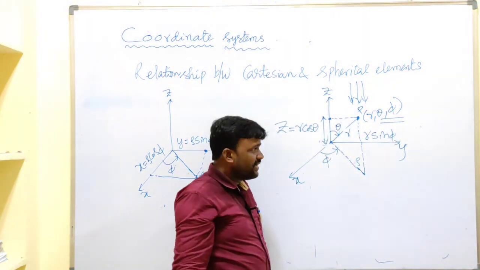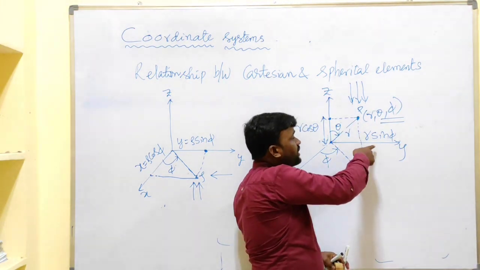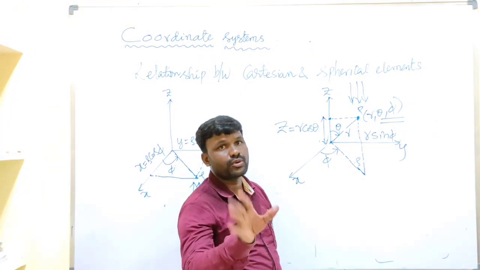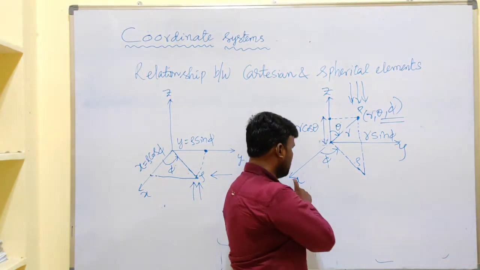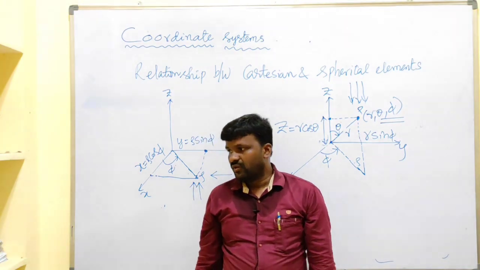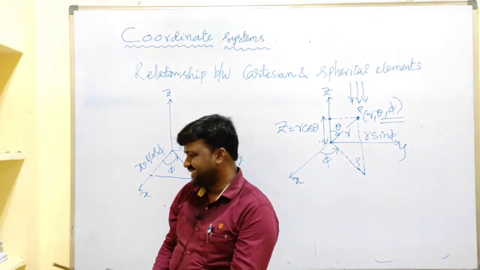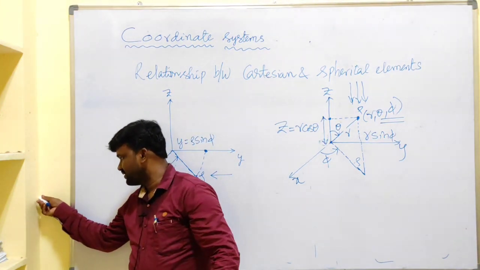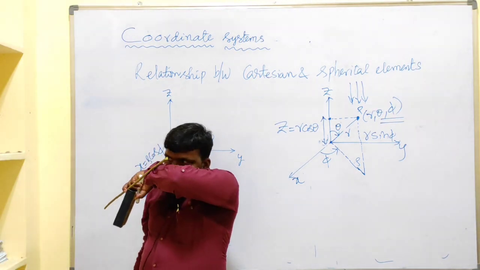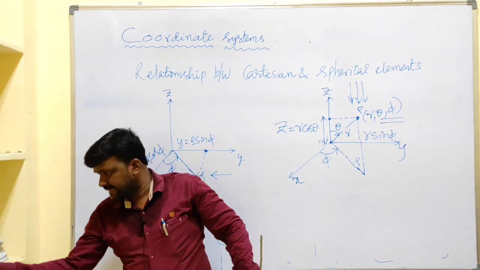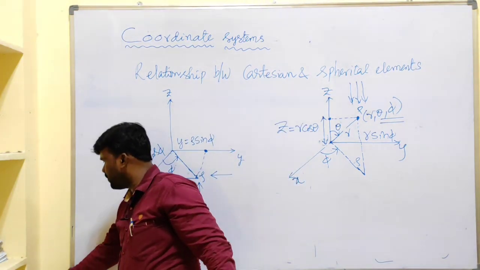If you see this diagram, it looks like it is projected on the y axis, but it is not projected on the y axis. It is projected in the xy plane. If you want clarification, I will show you here. Let us take this smaller part, this wall, entire wall. This is the x axis, this is our y axis, and this is our z axis.